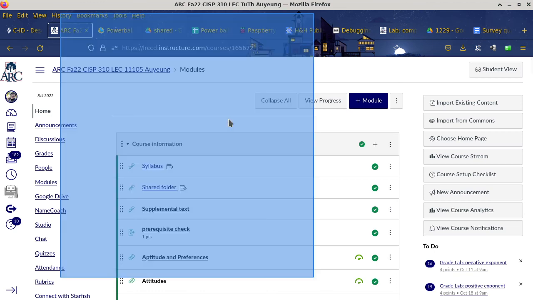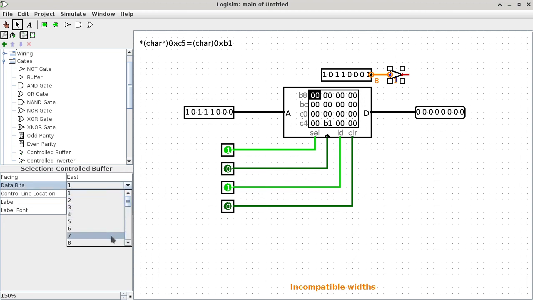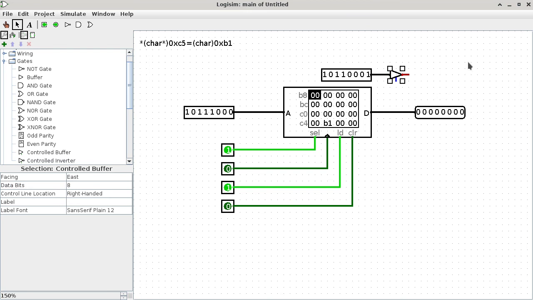All right. So getting back to our design here. What we want to do is basically to say, hey, this input pin here, first of all, we have to fix the width issue, because it also needs to be 8-bit wide. So there we go, specify 8-bit wide. And what we are doing here is we say, okay, this connection here that is in red right now, sometimes we want the buffer to drive and sometimes we don't want it to drive. And this will help us prevent a bus fight. But right now, we are not specifying,